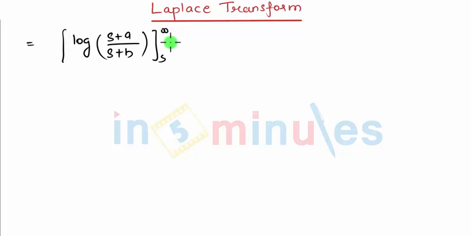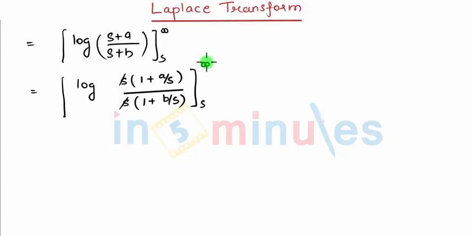Now for substituting infinity, you can first take s common from the numerator and s common from the denominator, which gives me 1 plus a by s, and in the same way, s is common, 1 plus b by s, which solves the problem of substituting infinity. We know that, students, if it is 1 upon infinity, that is nothing but 0. So now substitute the limits. So when I substitute, put infinity first. So a upon infinity gives me 0, and b upon infinity gives me 0.